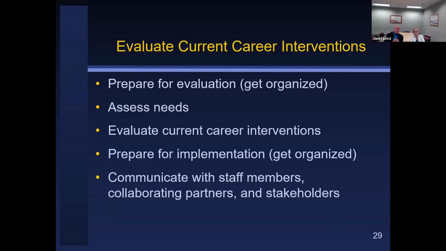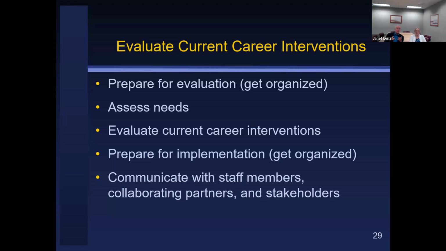Janet mentioned a needs assessment for clients. So this is an overall needs assessment of all the clients that are served. And then there's a question of evaluate current career interventions. Well, now you see the connection between the model and what Janet was talking about before. If you keep up with a regular evaluation of what you're doing, you use that in the implementation process because you know how well your interventions are working. Then you'll prepare to get